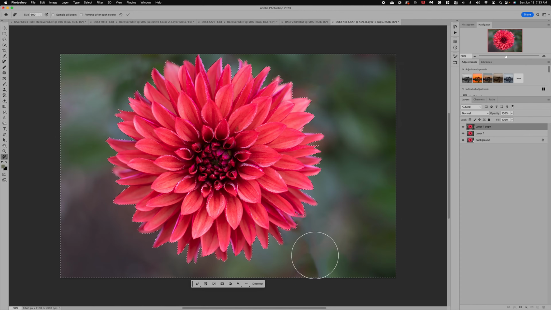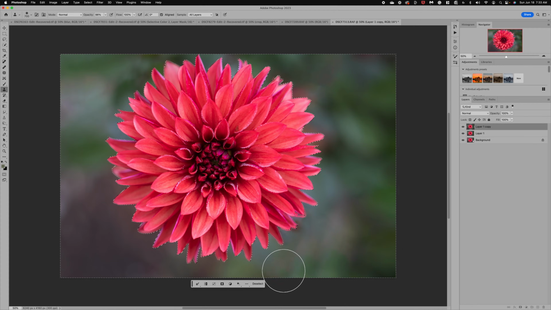Again, sometimes I go over it a couple times. All right, let's do this one, and then I'll show you my second tool, which would be to use the clone tool. So after I've done the remove a couple times, I'm going to come over to the clone tool, and let's make the brush a little bit smaller, and I'm going to select near the area that I want to clone, and then I'm just going to come around, and you can see what a great job, of course,